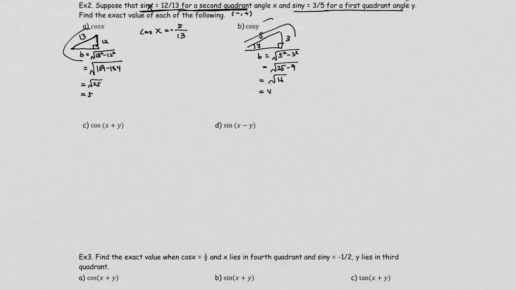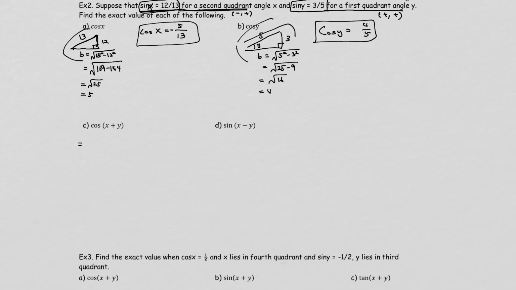So your cosine should be 4 over 5. And this is first quadrant, so it will be cosine positive, sine positive. So that's the two cosines we have. With that, cosine and sine of x and sine of y, you should be able to find